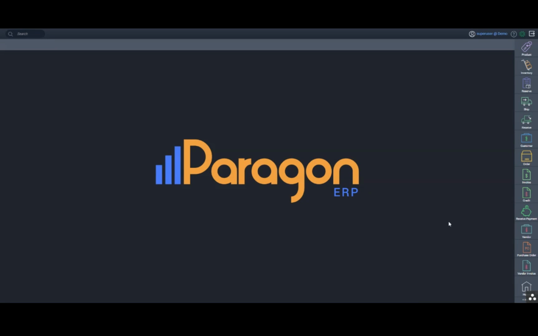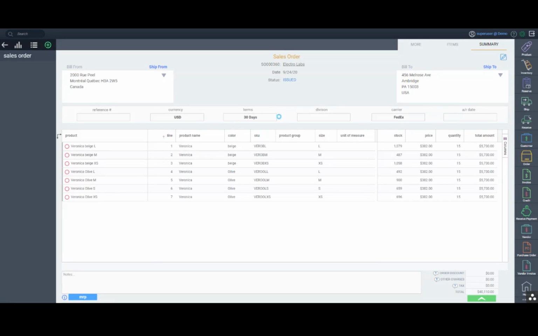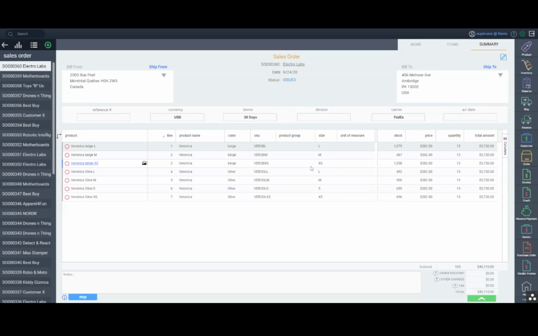ParagonERP comes with a full order fulfillment process, all the way from booking the customer sales order to picking and packing down to the actual invoicing of the order. On the sales order, you'll have access to a lot of information and you'll be able to specify a lot